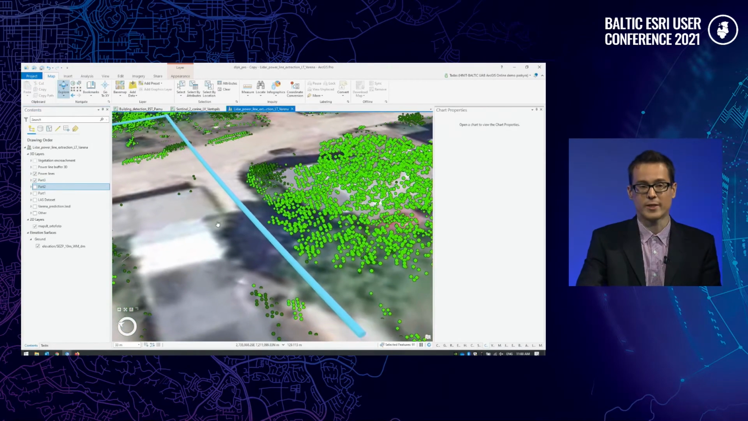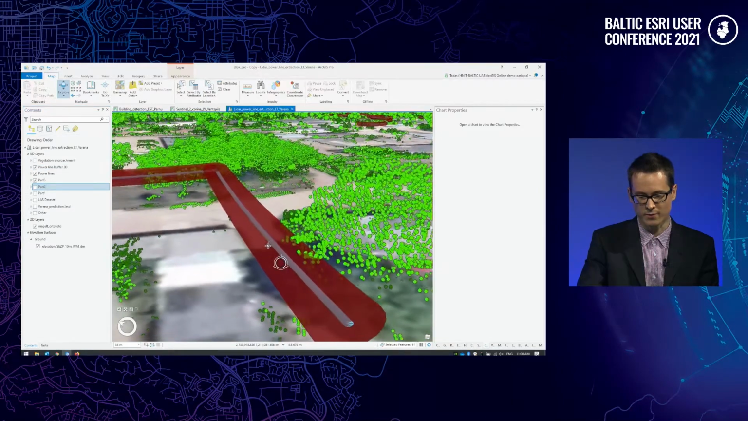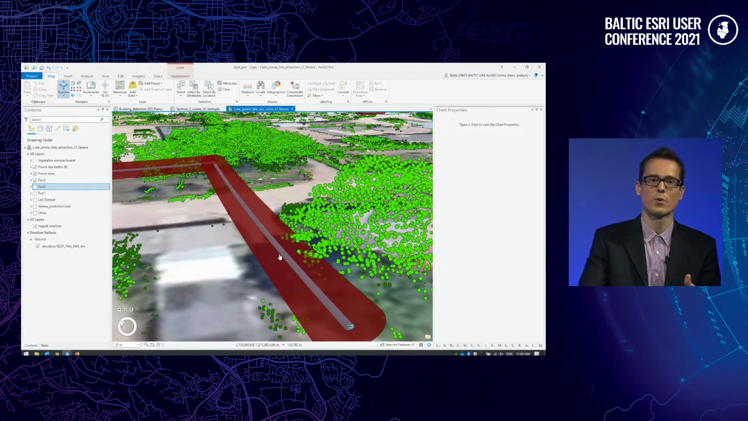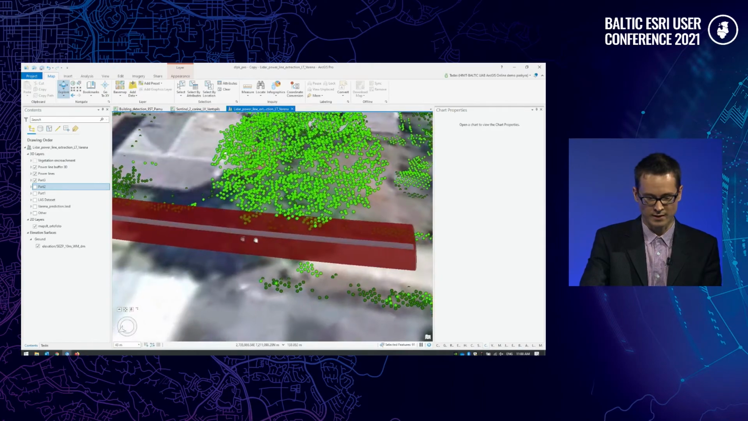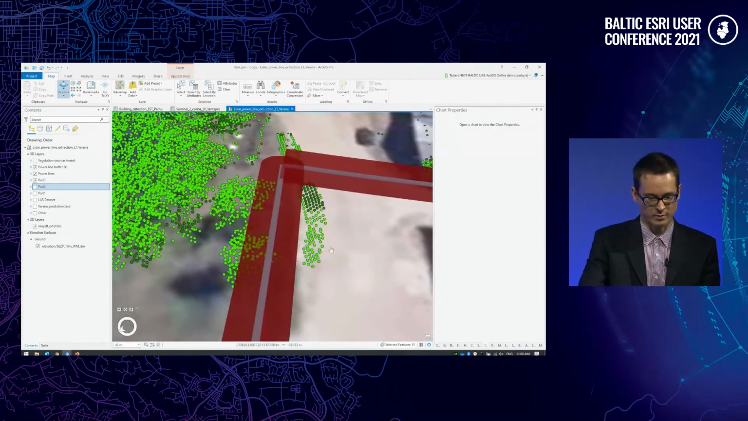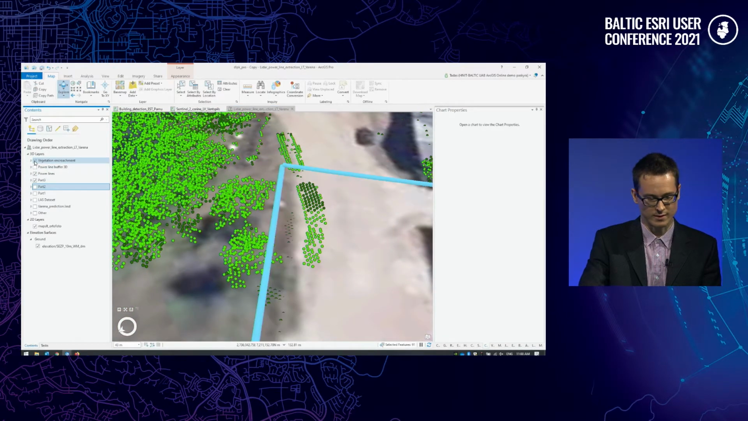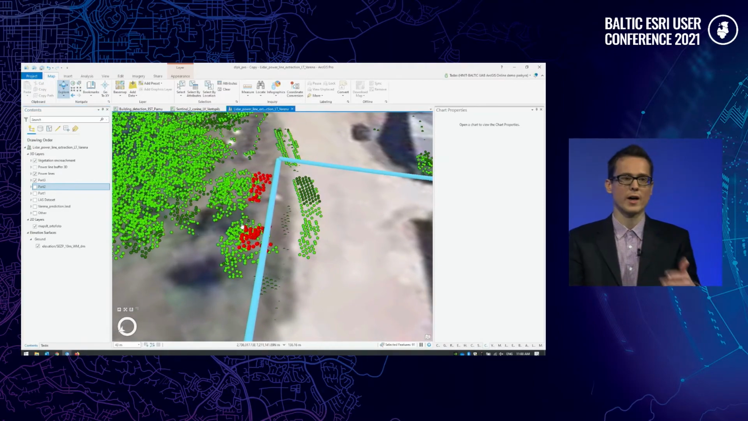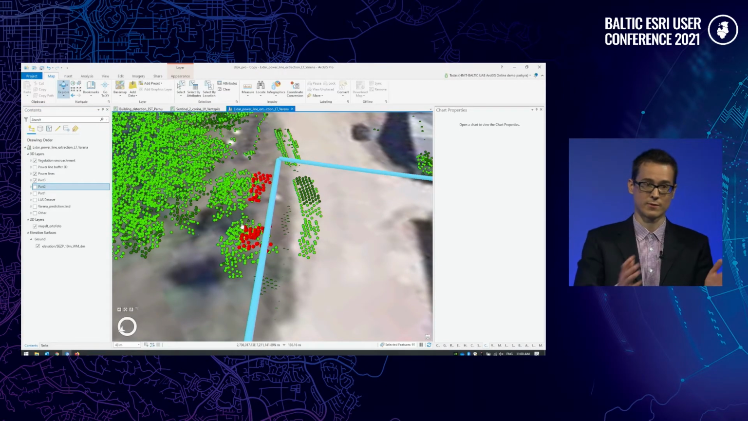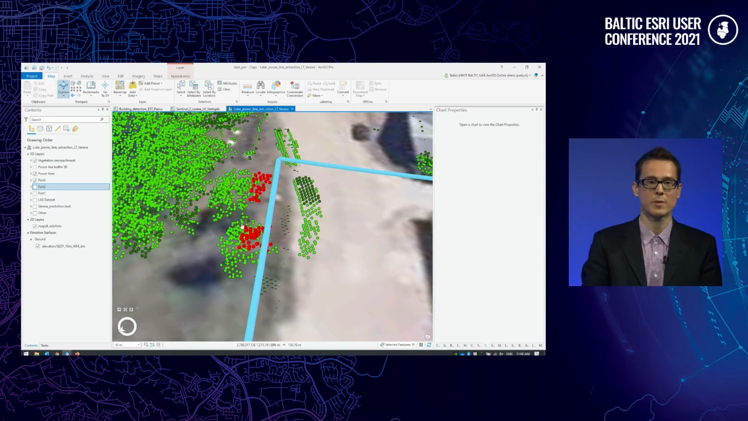So I can create a 3D buffer around the line. This is the buffer. And I can see which vegetation points intersect the buffer. And I actually extracted the points that intersect the buffer. And these are the points. So when we identify the places, we can send field crews to check these places and maybe trim the trees